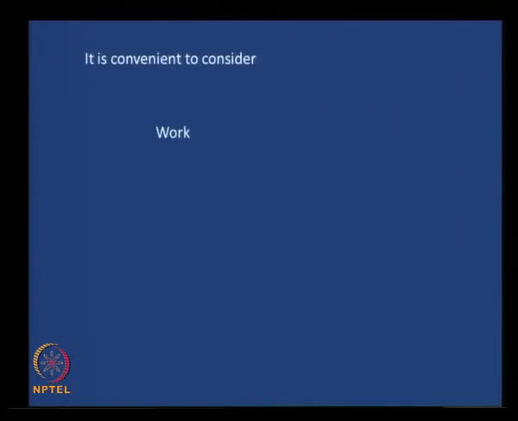Now, it is convenient to consider two kinds of work. Let us assume that the other kinds of work do not exist and only these two kinds of work exist. One is shaft work, Ws. You would have learnt it in your early days of thermodynamics: shaft work, and PV work, work due to pressure-volume expansion, and so on. Let us consider that these are the only two work interactions. If there are other work interactions, you just have to add them to this, it is quite simple, we can do that later also. For development, let us consider only these two work interactions. If we do that,